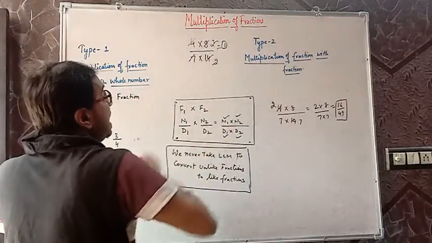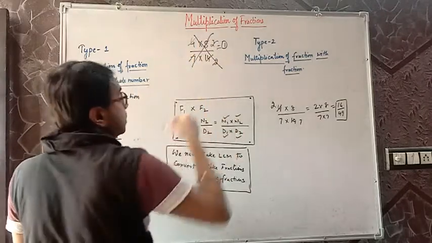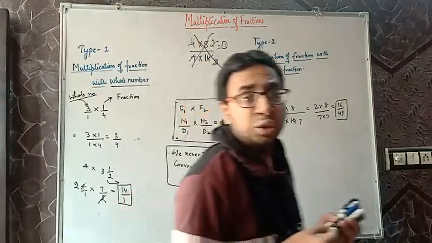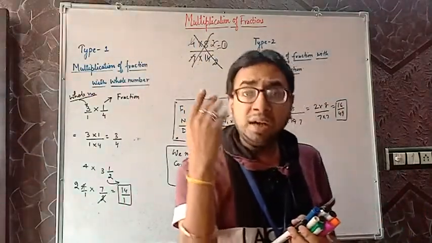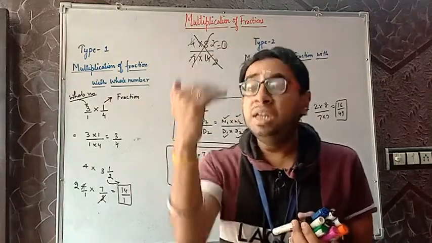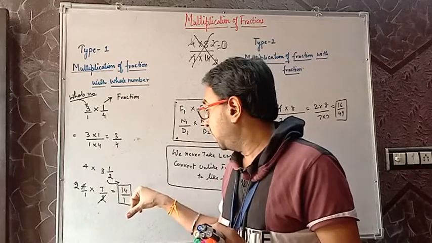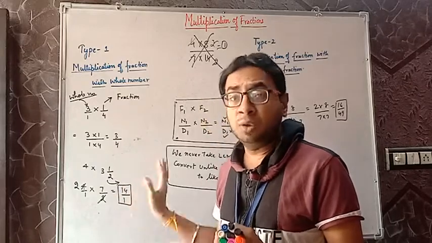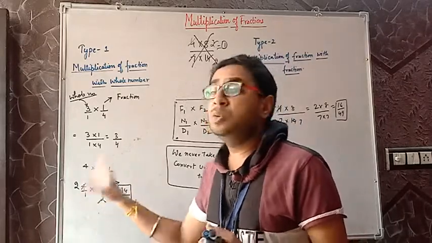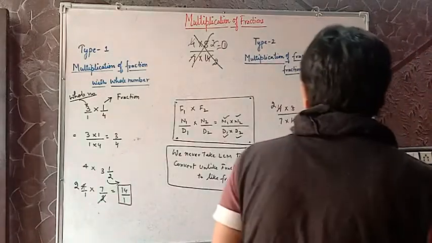So this is absolutely wrong. We don't follow this. We don't have such a rule. When we are cutting, it means we see what can be reduced, and here we have reduced them. This is the reduced form, the lowest form of the fraction, and we can cut numerator with denominator. Clear with this?